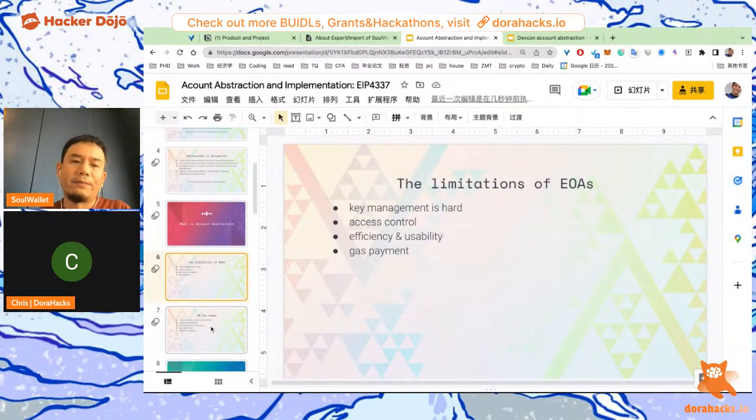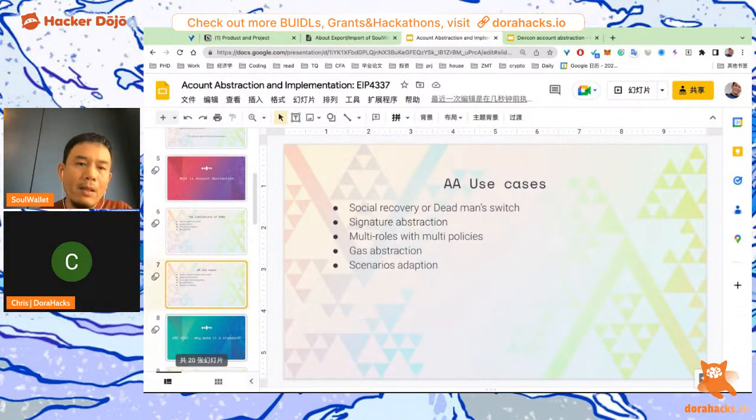Yes, we know we can pay the gas fee with ERC20. And you can find use cases in many scenarios, for example, the famous social recovery or dead man's switch. You can sign a contract, and if you never use your contract or wallet account for 1 year, or 10 years, I don't know, then all the assets of your wallet account will switch to your son or your parents.